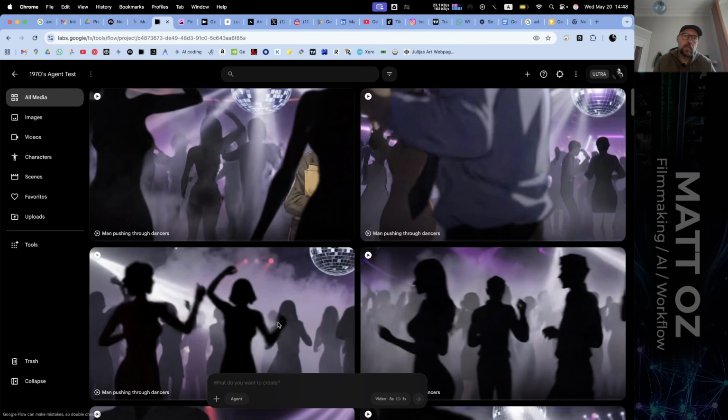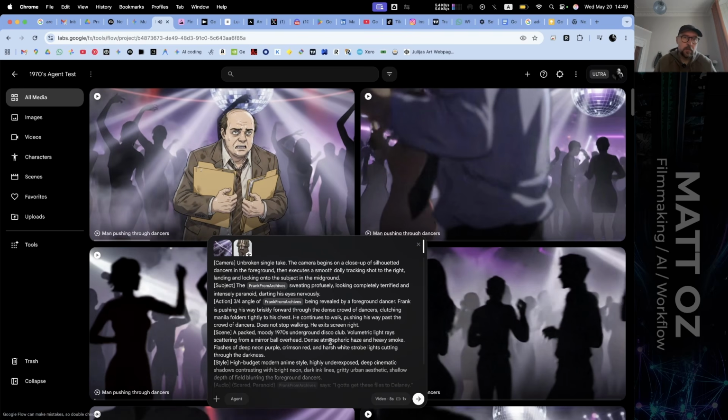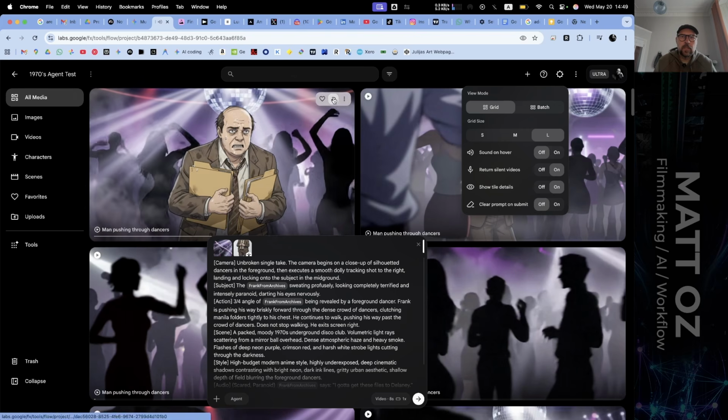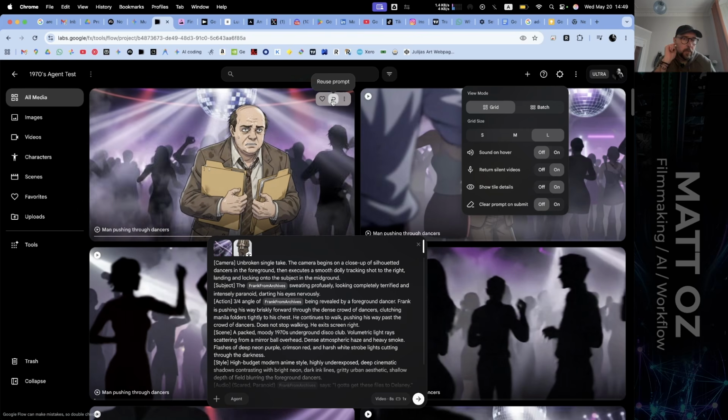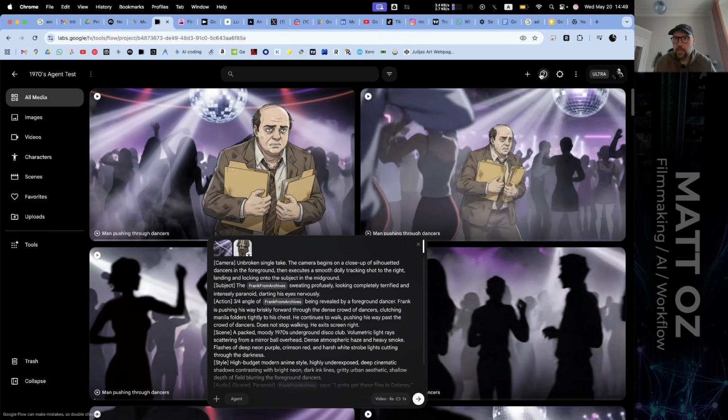Okay, so if for whatever reason something like that happens, and I'm not sure why this happened, you lose where you're at, you can just go to the last thing that you did, click on this. Let's kill that sound. You click on reuse the prompt and it should remember. You just got to make sure that you don't delete your prompts when you render. So there's an option for that here, which is, where was it? Is it under the question mark?